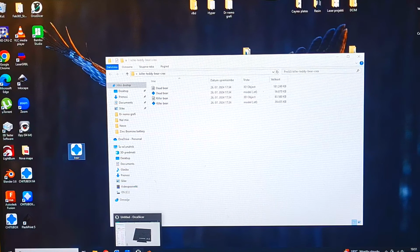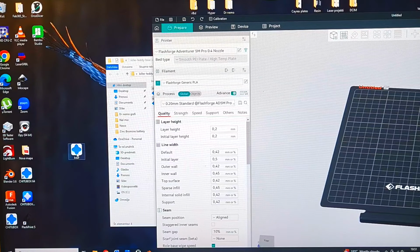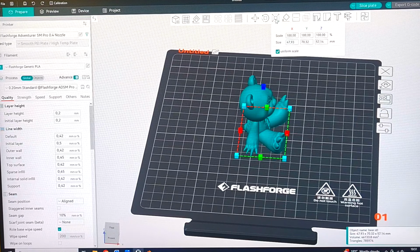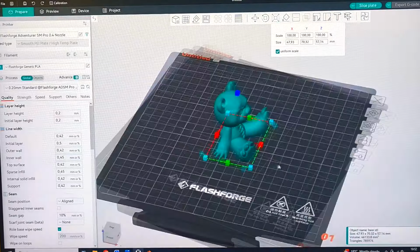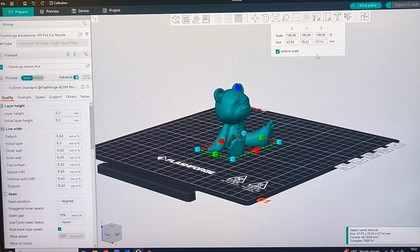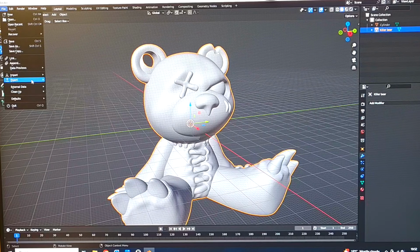This time I will use the Orca slicer instead of FlashPrint 5 because it is a little bit better in my opinion. And now I need to check the size. When we export the model in the scale of 0.5, then the actual height of the model is 75 millimeters. So for this reason I will go back to Blender, and I will export this model again,